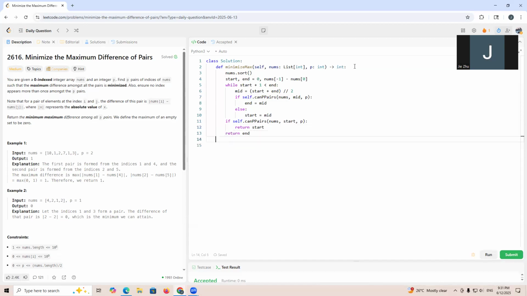So for the binary search, for the count, the def canPPairs, right? So we are going to have the parameters: nums, this is the list of int, and t, the limit, is the integer, right? And also p pairs. This is trying to see whether we are able to get p pairs. So it will return a Boolean. So what we do is that we are going to have count